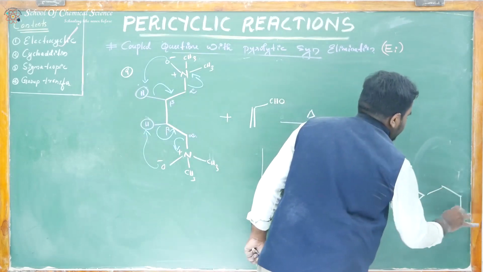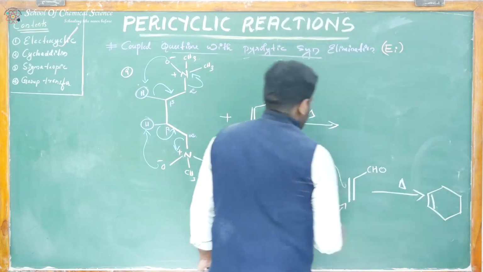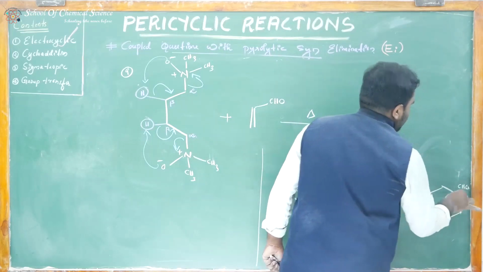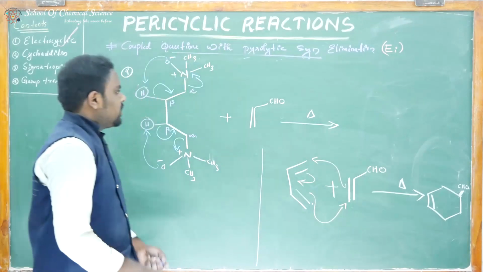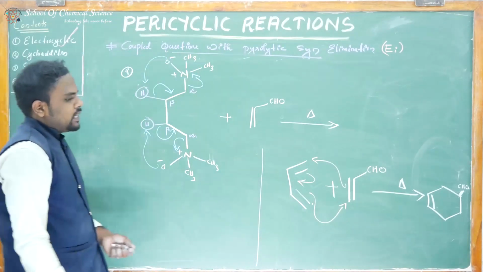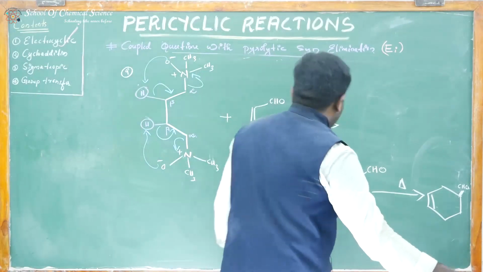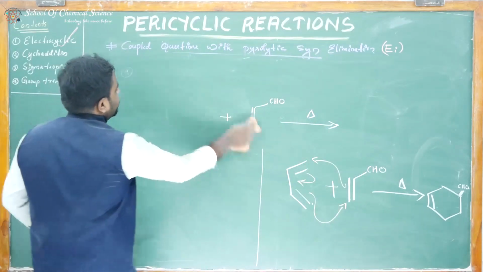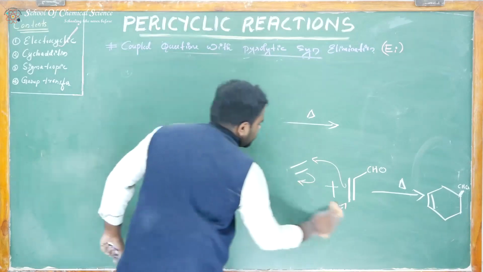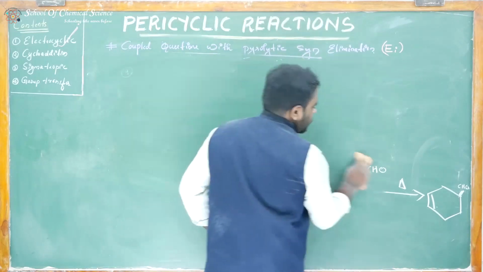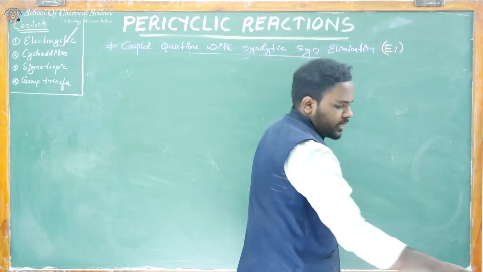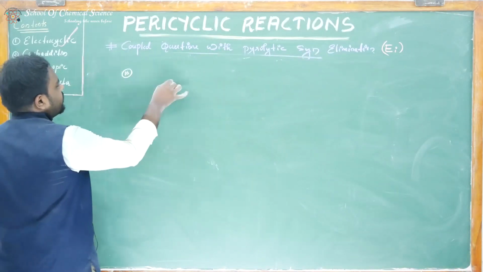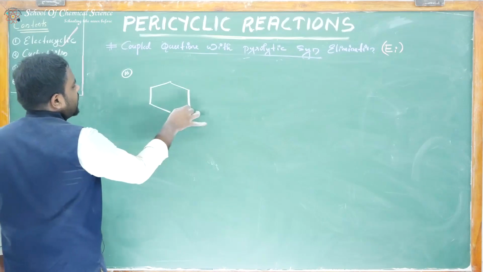So what is the product? Here the CHO group is present. At this position, the CHO group is present. So that is also a 4+2 cycloaddition reaction. Okay. And the last question. Last question, question number 10. A 6-membered ring